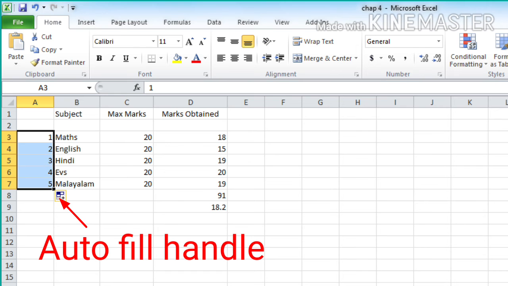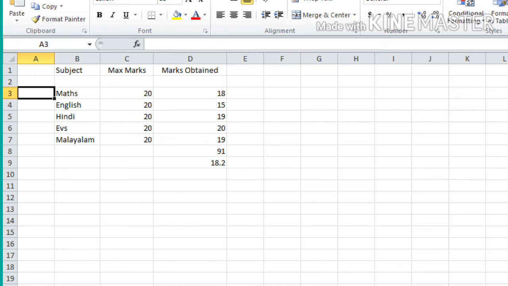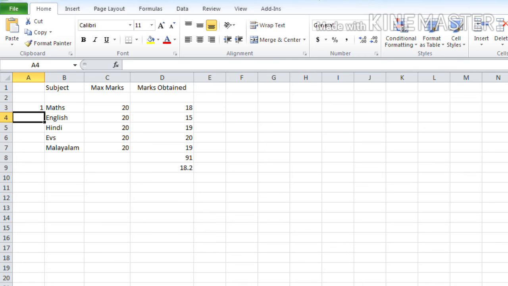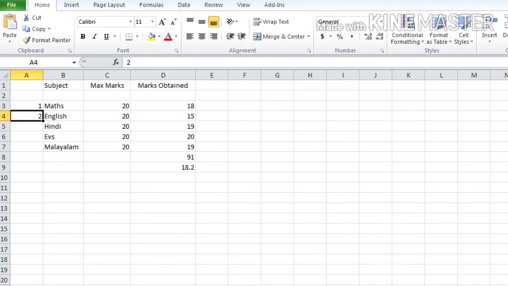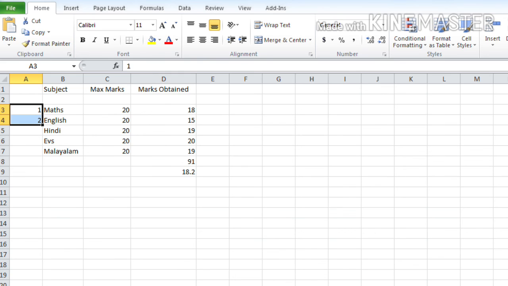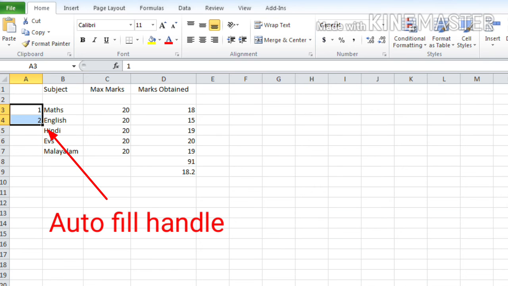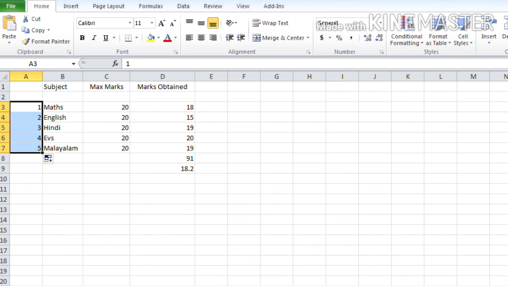Okay, so first what you have to do? Yes, first in the A3 cell you have to type 1 and press the enter key. Then the A4 cell you have to type 2, then press enter key. Then first select those 2 cells by holding the left click and then dragging the mouse from A3 to A4, and also now drag the autofill handle till the cell A7. Okay, and when you release the drag, you can find that yes, the autofill feature has entered the serial order just like this. Okay.